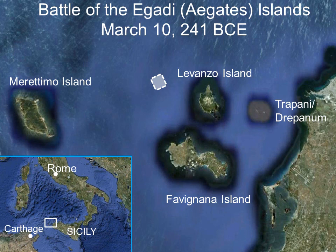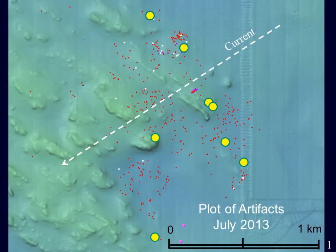Now, most people think the Romans and Carthaginians fought this battle with 5s, because this is what Polybius, the best historian to chronicle the battle, tells us. The battle debris, however, tells a different story. You see here a selection of artifacts found up to 2013, which include